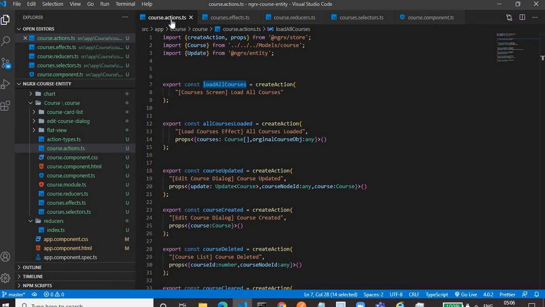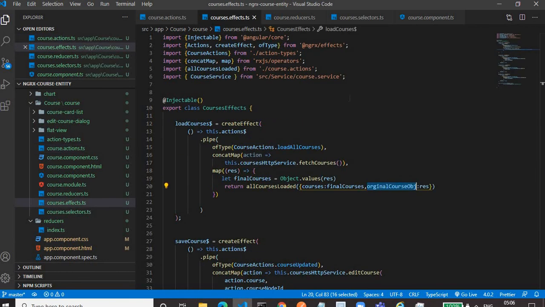The action which is used for triggering the AJAX call should not have a payload. This action is handled by the effect. In that effect, we'll make the AJAX call using the concatMap operator. And after the AJAX call, we have a map operator in which we'll trigger the second action with the payload that we received. The payload is the course object or the data that we received from the database.